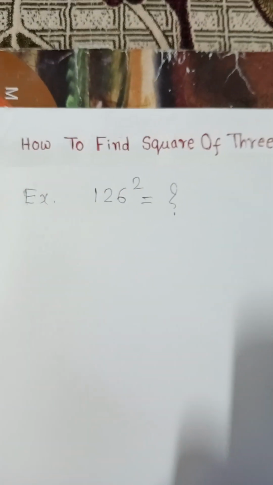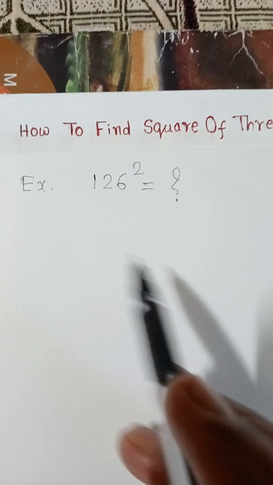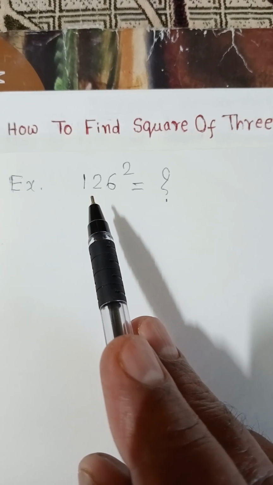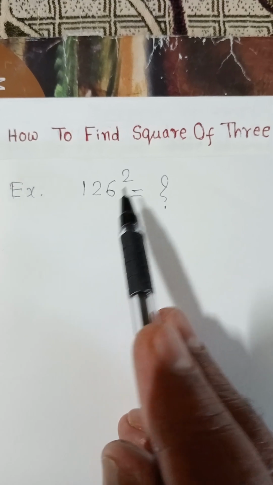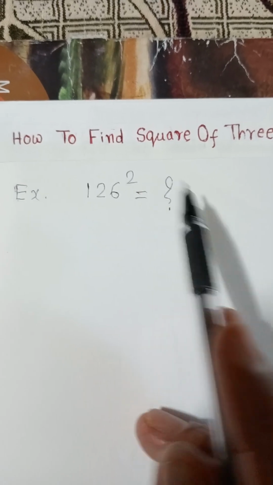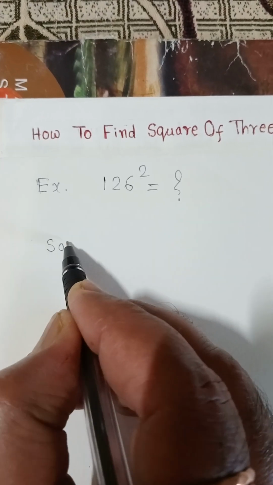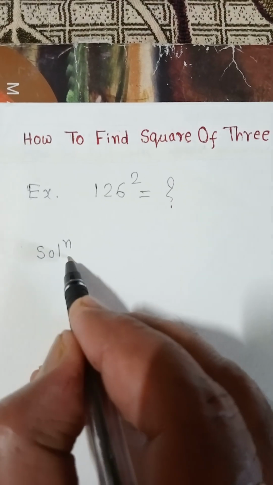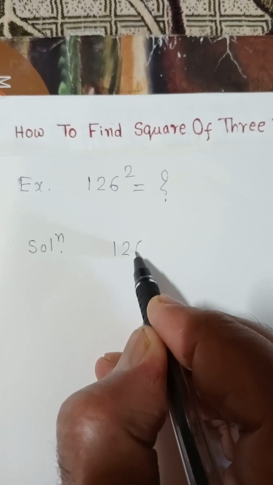We have to find square of any 3-digit number. Example, we have to take any 3-digit number, that is 126. We have to find square, that is 126 square. Solution: how to find any 3-digit number square? 126 square